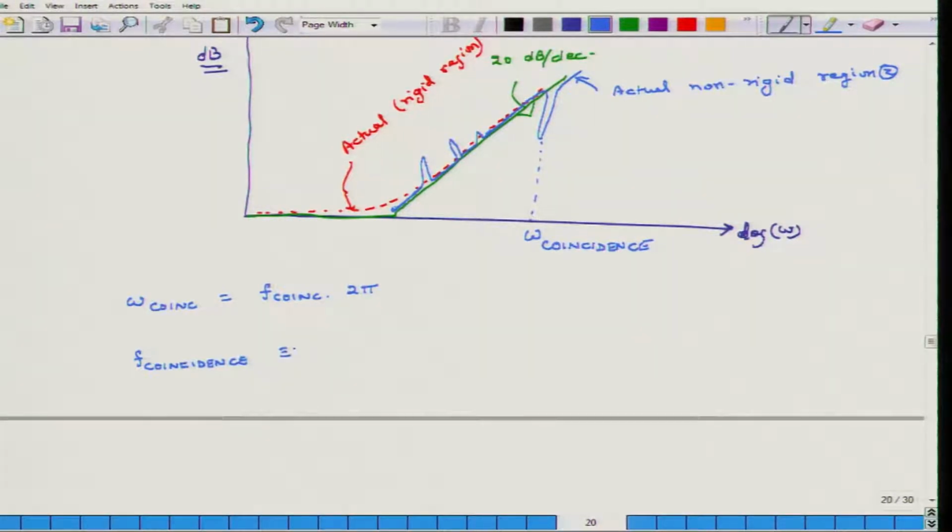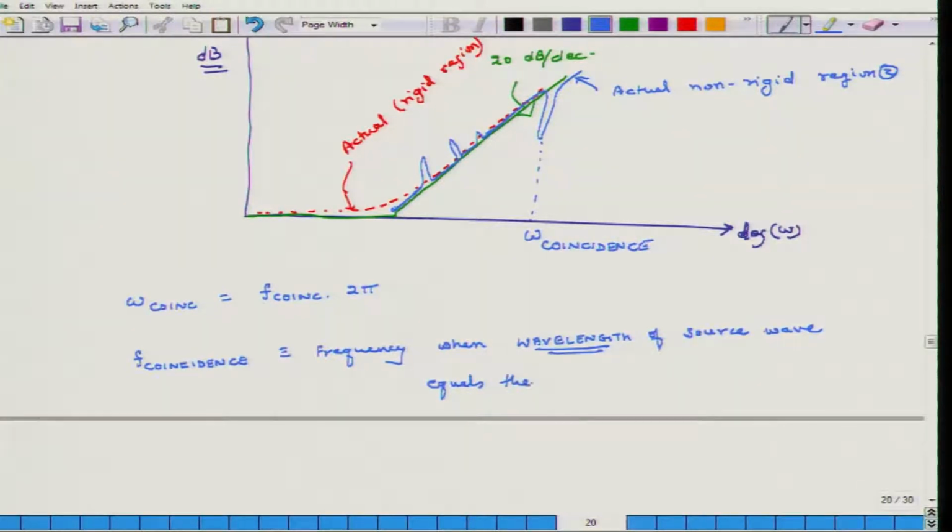This corresponds to the frequency when the wavelength of the source wave, so suppose you are exciting it by some frequency, at each frequency there will be some wavelength. So, this is the wavelength we are talking about. So, wavelength of source wave